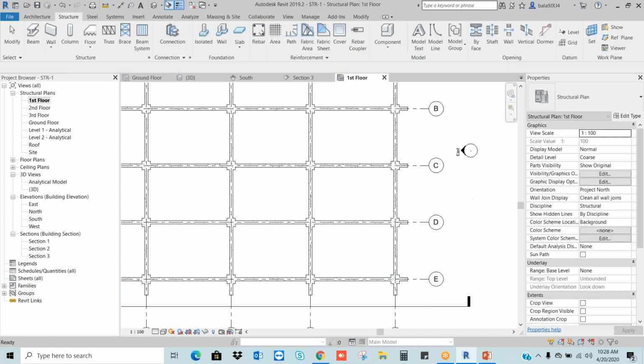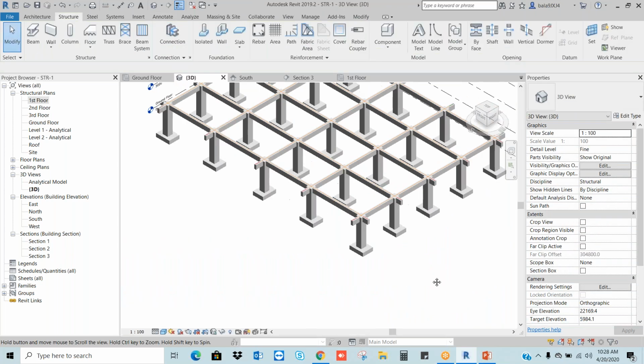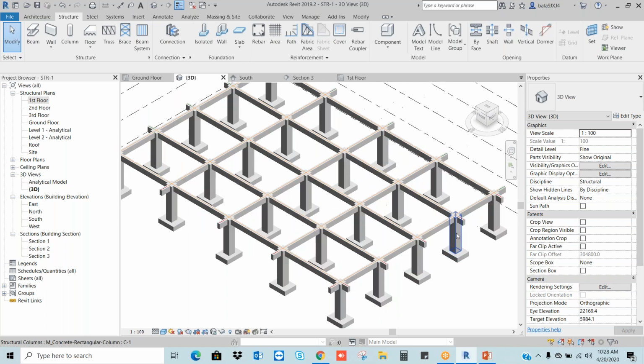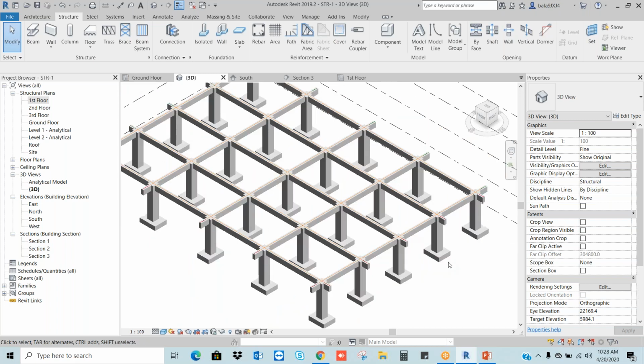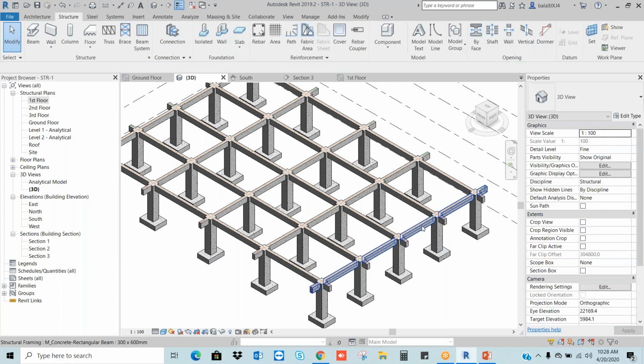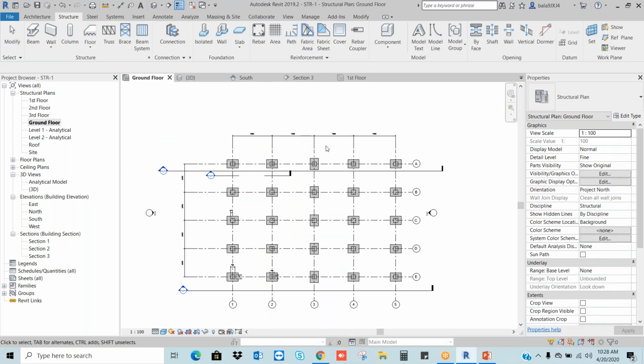Okay, if I go to the 3D view, now I can see the beams. Clear? So now, how to draw the column, how to draw the foundation, how to draw the beams. It's clear. This is just one example, but according to the project, you have to make your own model.